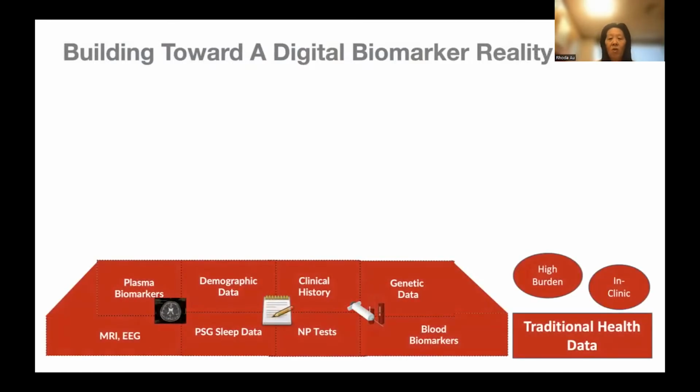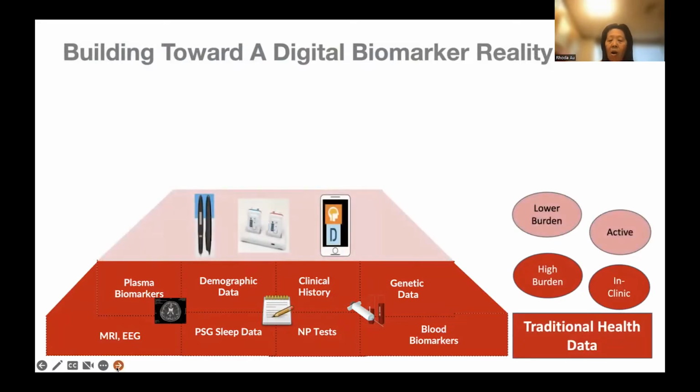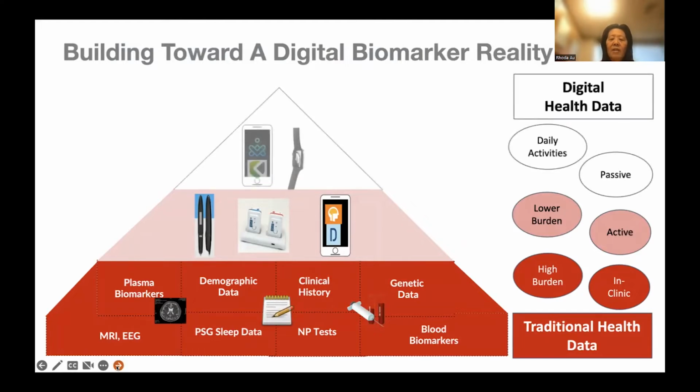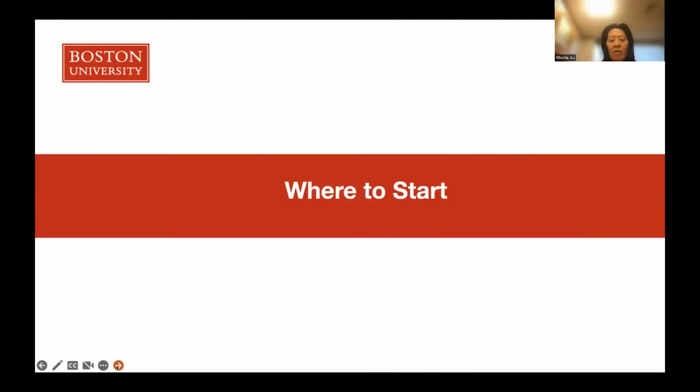So we have to start with where we've been, which is our traditional data collection, but it tends to be high burden and things that we do in person. We've now started to introduce digital technologies, but they're active engagement technologies, and they lower the burden, but they're nonetheless burdensome. Where we really have to get to is passive engagement technologies, where we're monitoring on a daily basis. That's how I want to make sure we cover both what we're doing in the present and where we need to go in the future.